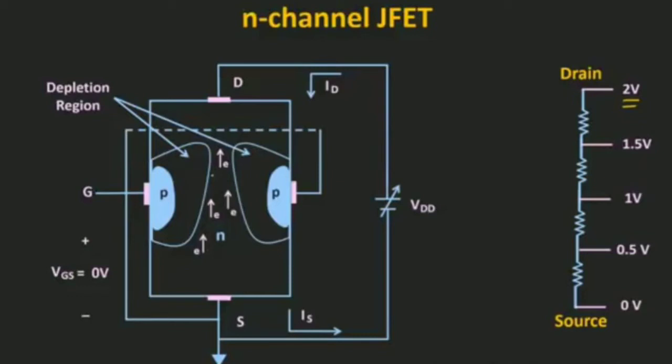In short, due to the applied voltage VDD, these two PN junctions will become reverse biased, and due to that, only a small amount of reverse saturation current will flow through this PN junction. For the practical case, we can consider that the current IG through this gate terminal is equal to 0. Due to these reverse biased PN junctions, the input impedance of this JFET is very high. Now, as we increase this voltage VDS from 0 to a few volts, the current flowing through the channel will increase. If we plot this current ID versus VDS, then initially it will almost look like a straight line. This curve of ID versus VDS is known as the output characteristics of the JFET.